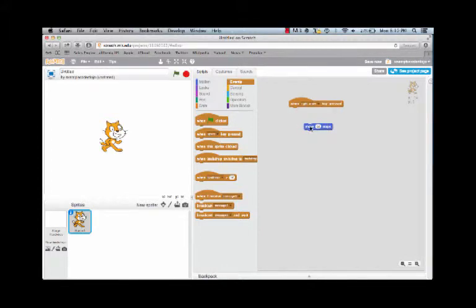Now at that point, let's connect these blocks. So grab this Move 10 Steps block and connect it by letting go of your mouse. Now at this point, put your mouse back over your cat and touch the right arrow key. And you'll notice your cat moves 10 steps each time you touch the right arrow key. Now move your cat back to the center,